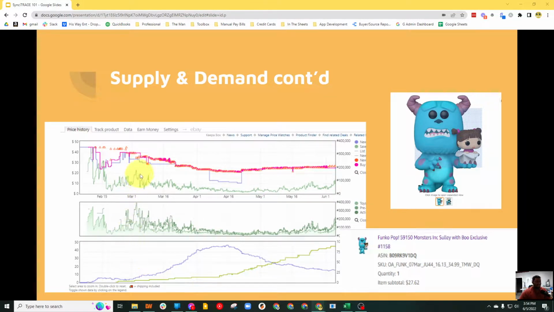So I bought this March 7th, around here, right in the middle, you could say, with the anticipation of hitting these numbers back here. But what happened? The offer count skyrocketed, and the price tanked, and it came way down. And instead of holding on and waiting, I just got out of Dodge. I made my 15 or 16% ROI on this, and moved along. And so I really wanted to show you guys those two examples. This is not always the case, but it's indicative of what happens when purchasing from a lead list.